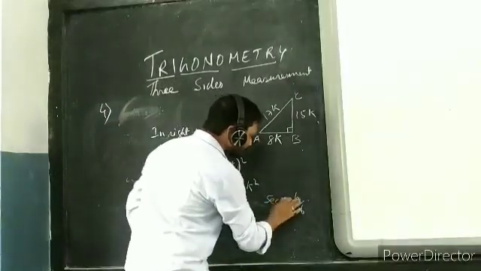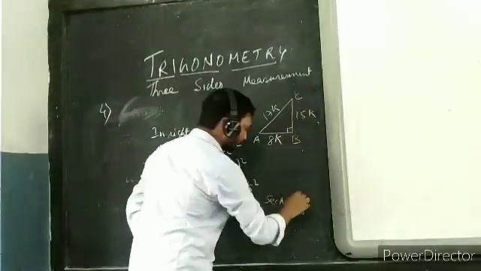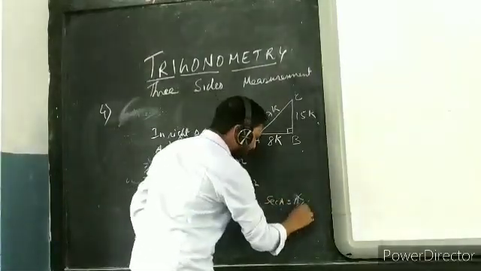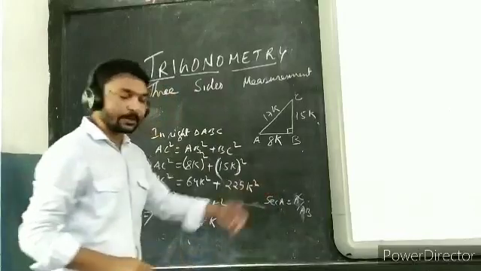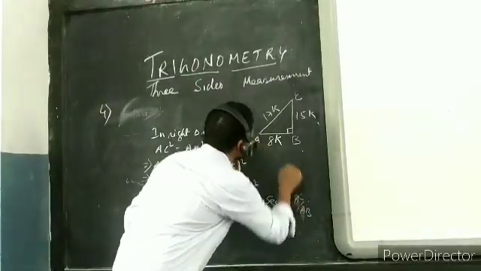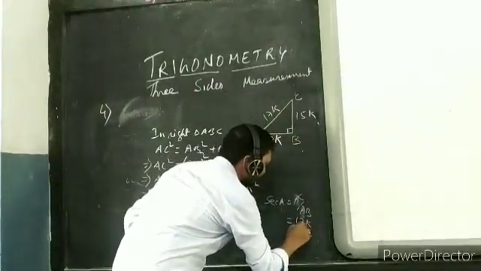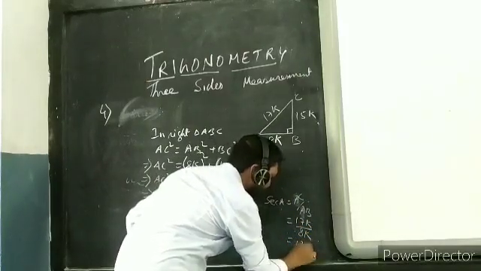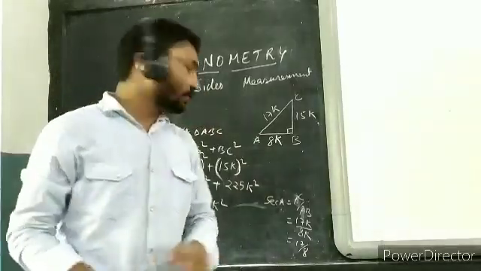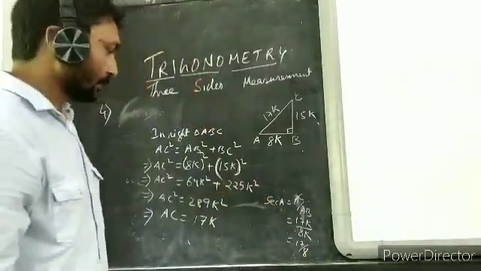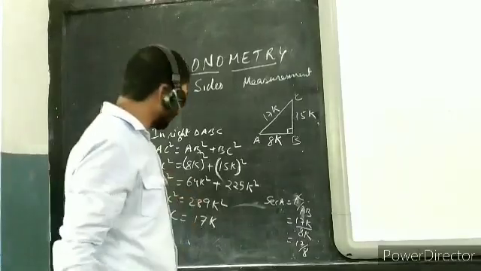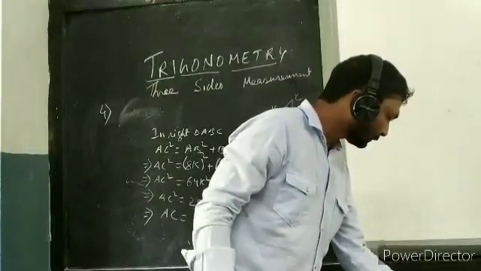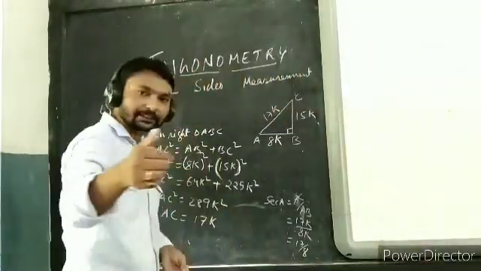Now what is the hypotenuse? The hypotenuse is going to be AC. Very good. And what is going to be the base? I know that you can guess and say by yourself, that is AB. Now AC will be what? 17k, and AB is what? 8k. That is coming 17 by 8. Very good. And now you can do sin A, find it. Yeah, easily you can find it. Okay, you got the answer maybe.